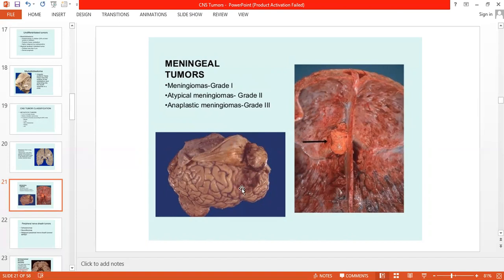These meningiomas are notorious for their compression and their vascularity. They are benign tumors, but they are the most difficult cases to operate upon because of their firm and fibrous nature, inconsistency, and they are very vascular. You will have to arrange blood before operating upon these cases. You might not need even a single pint of blood, but you might need 4 to 5 pints of blood in operating on a meningioma.